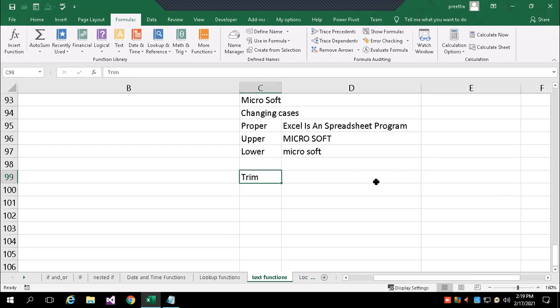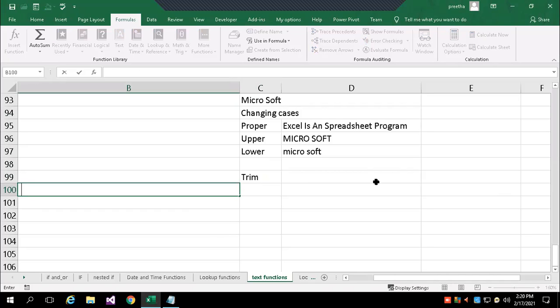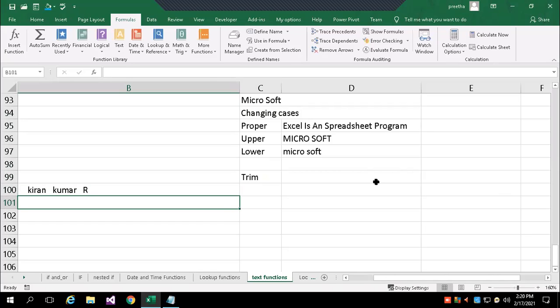Now TRIM. Trim is for when I have data, I type here a name with unwanted, extra spaces. For example, I give your name, and I purposefully add some spaces.